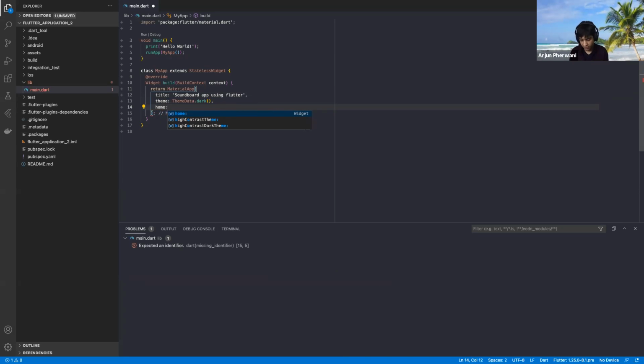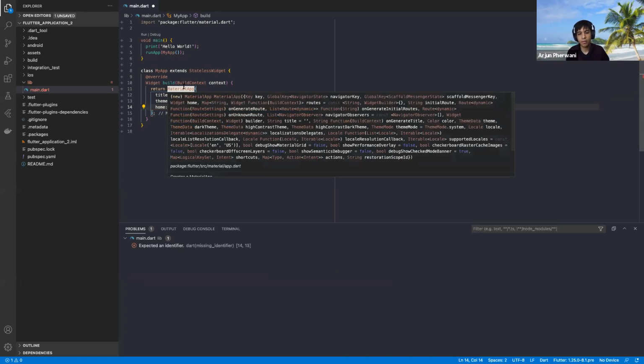So we're going to create a home. Okay, so just to make this clear right now before I forget, MaterialApp is basically a class that you can use,